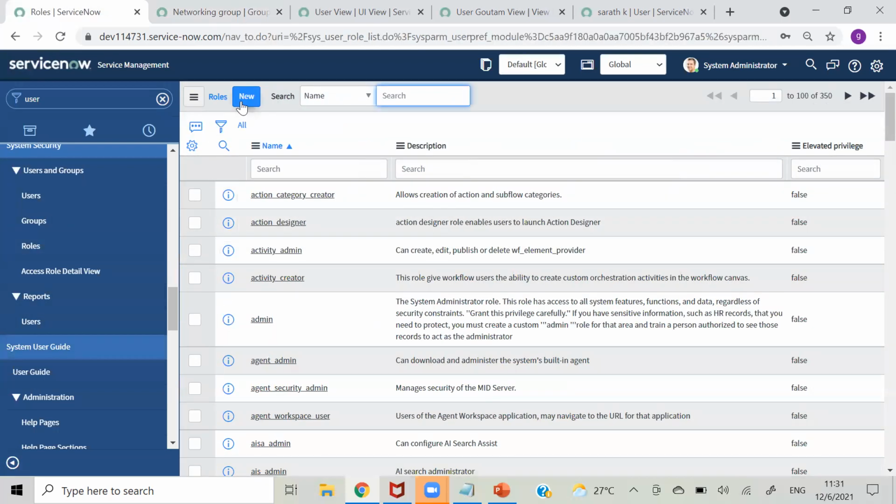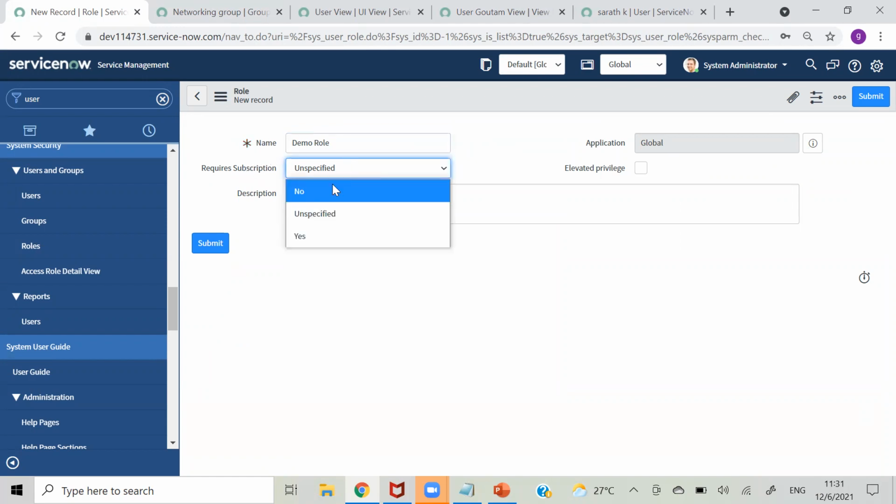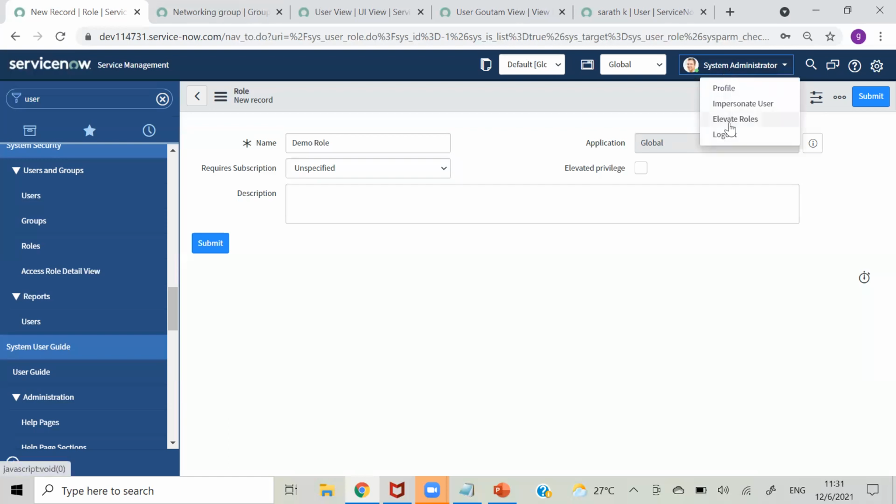So about role. For example, I am creating a role here. I am just giving it as a demo role, but we are not going to do anything with this. So this is our demo role. And if that has any subscription, like any charges, yes or no, I am making that unspecified for now. And one more thing, you have seen elevated privilege, right, in elevated roles.